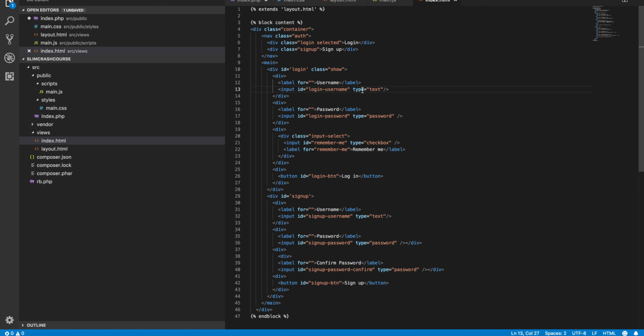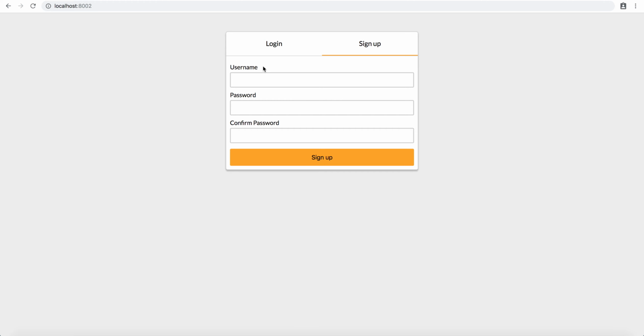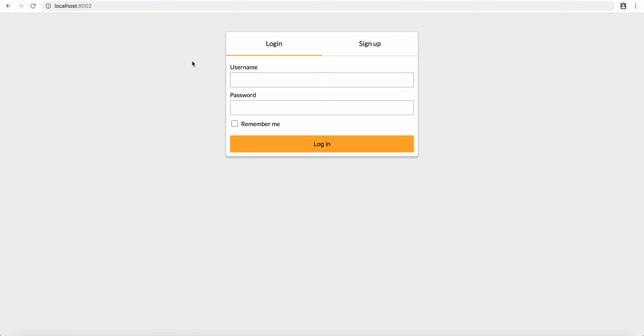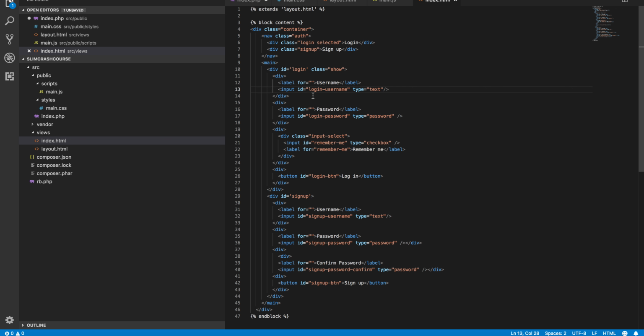Don't go ahead and create the same username here and also for this, since we have both of the panels on the same file or the same page. So it's important that these IDs are unique. That's why I prefix the names with login here and sign up here for the username in the sign up. So now that we have these,